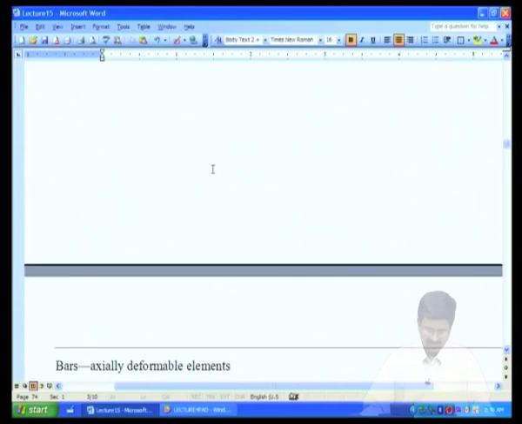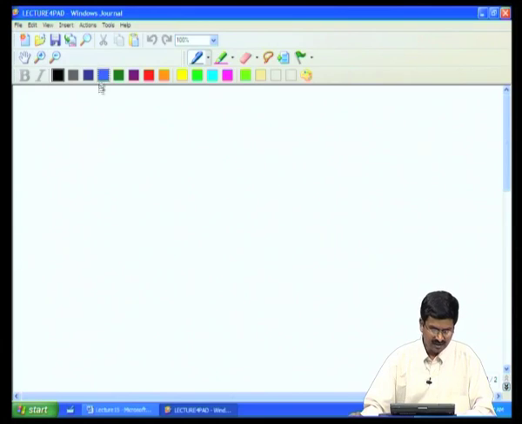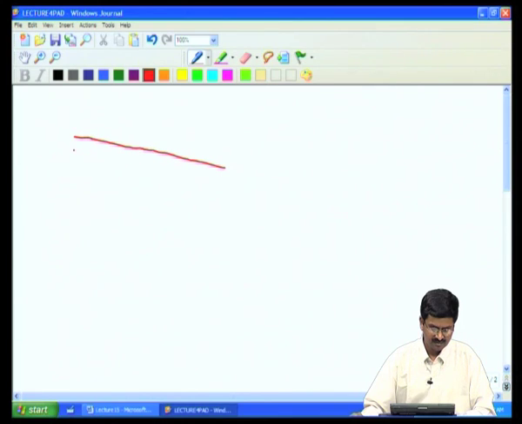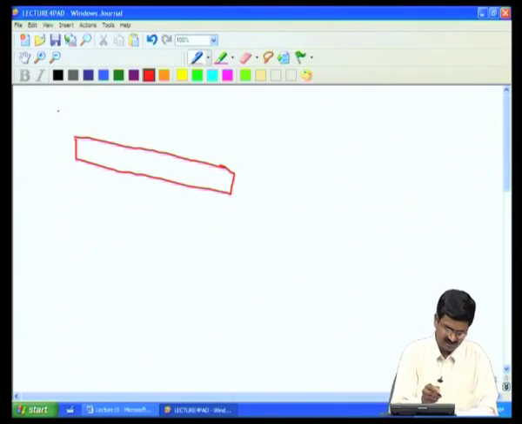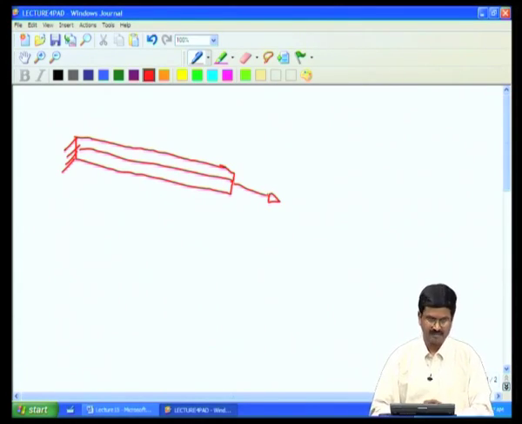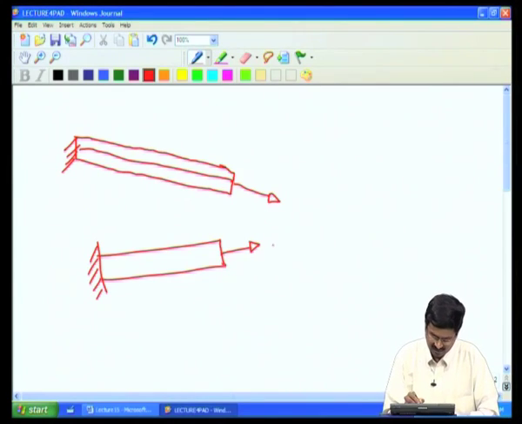With this motivation, let us begin with something very simple. Let us take a bar like that. Let us say that it is fixed at this end, and let us say this is the axis of the bar, and we apply a force in this direction. Let us draw a straight bar. When I apply a force here, let us call that force